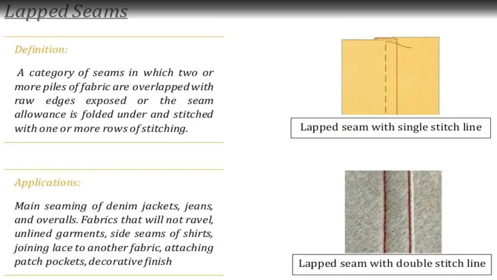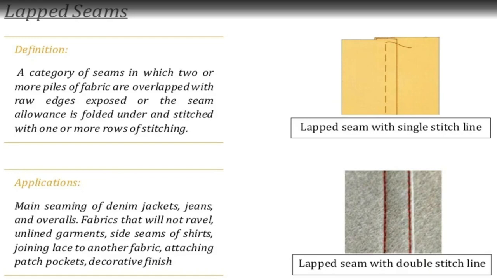Lapped seams, a category of seams in which two or more plies of fabric are overlapped with raw edges exposed or the seam allowance is folded under and stitched with one or more rows of stitching. Applications: main seaming of denim jackets, jeans, and overalls. Fabrics that will not ravel, unlined garments, side seams of shirts, joining lace to another fabric, attaching patch pockets, decorative